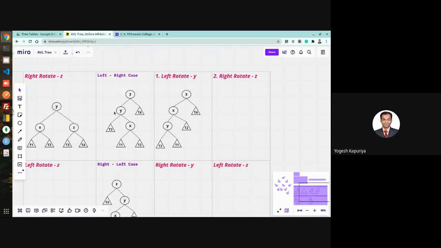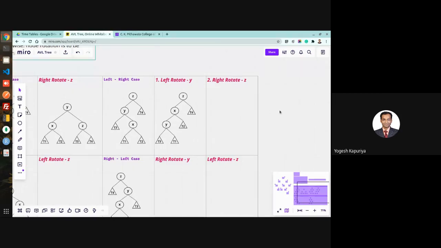Right. So what we have done, we have rotated this y. When you rotate y, your left will remain left of y, so T3 will be as it is. You are rotating y, so x will take its position of y. Again, when you are rotating this, x's right will be unchanged. So the only case is T1, which was on the right of y but on the left of x. Again, it will go to the left of x and right of y. So T1 comes here. So this is the first rotation which is required to be performed.